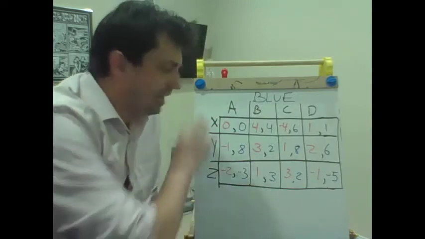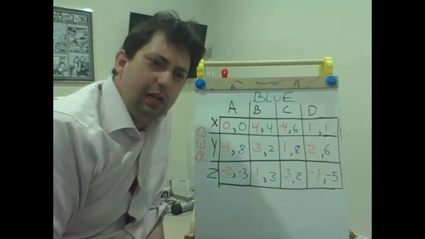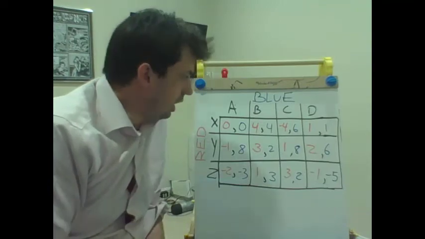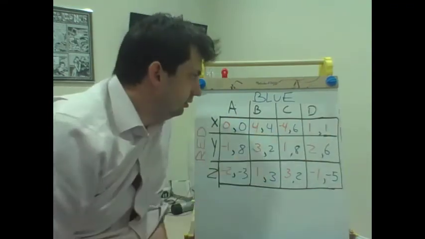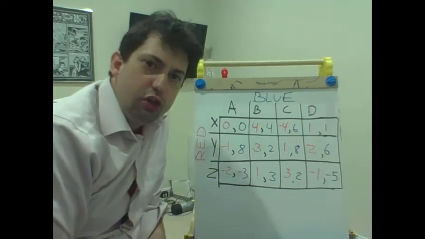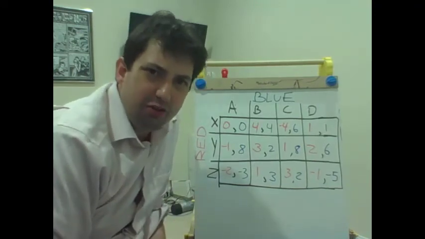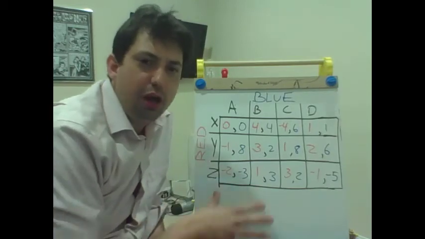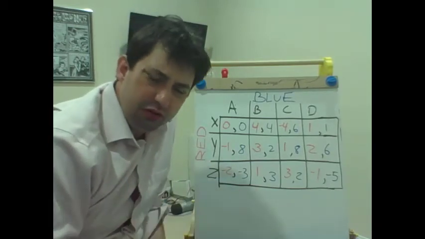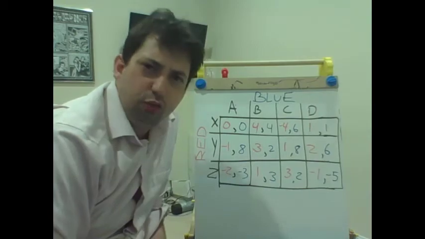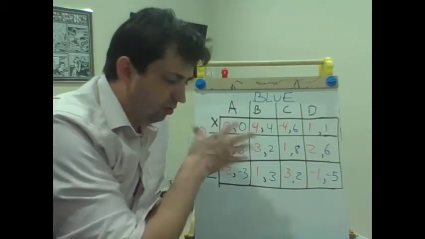Okay, so here's a more complicated game. We have A, B, C, D strategies and X, Y, Z strategies. Note that I haven't really created a scenario, a better background, to justify these payoffs. But that's going to come later in our next video. I just want to get the basics down. So this is sort of a hypothetical.